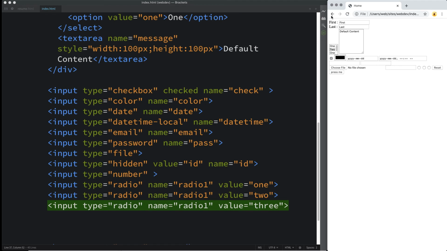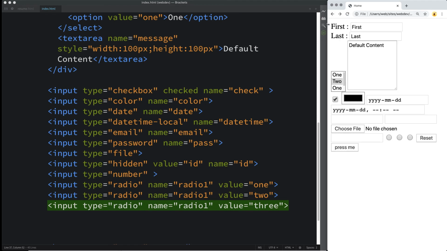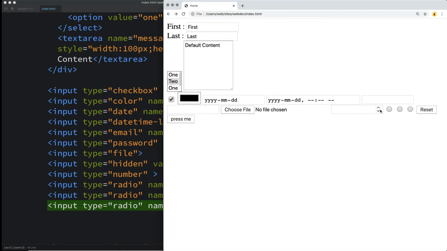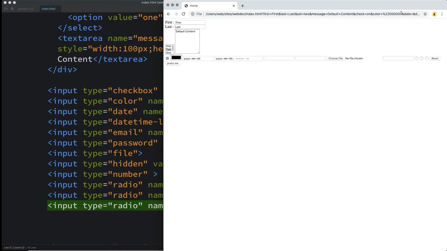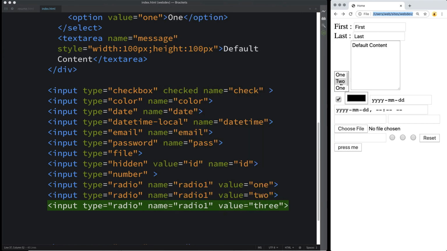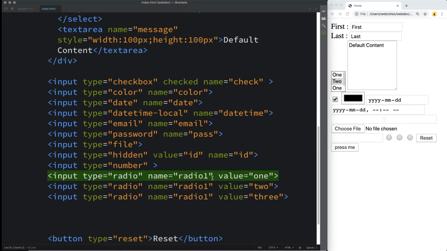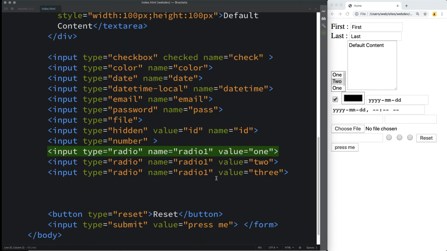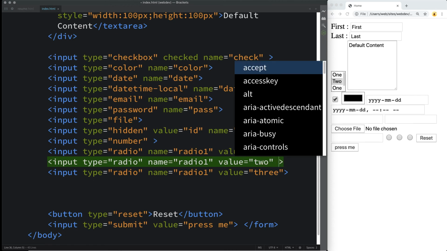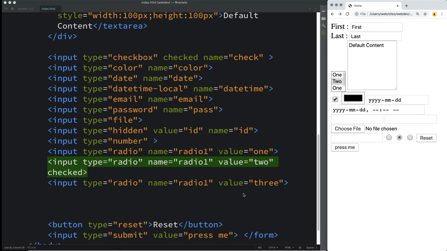So one more time, let's go back and do a quick refresh there. We'll select one of the radio buttons, press submit, and go to the end of the string, and now we're getting a value that's being passed in there. So it's not just on. Always make sure that with radio buttons you're using the name, the name is the same across all the radio buttons, and you're assigning values to each one of these radio buttons. You can also have it default to checked, and that will automatically check the radio button.